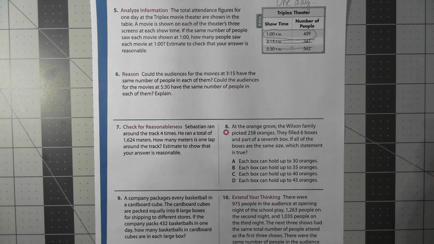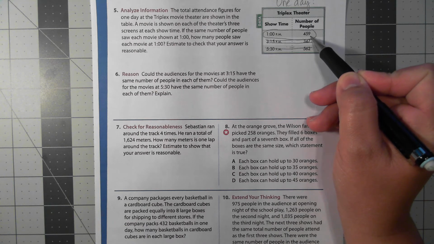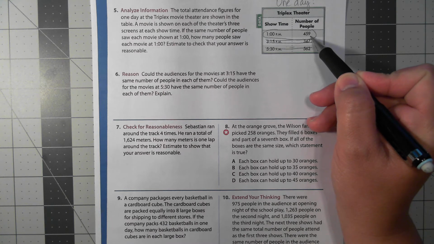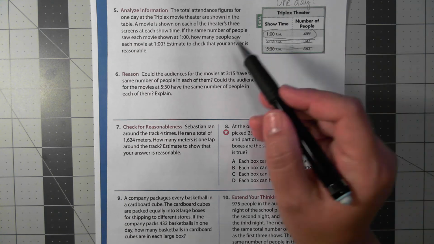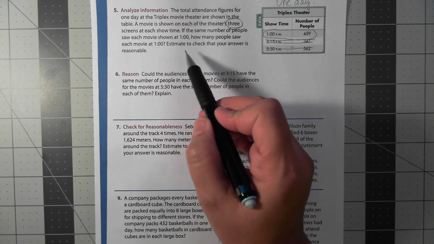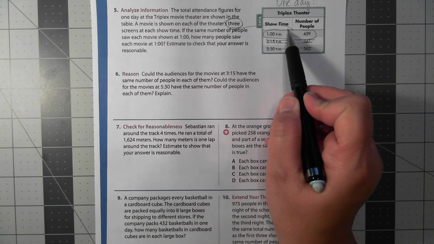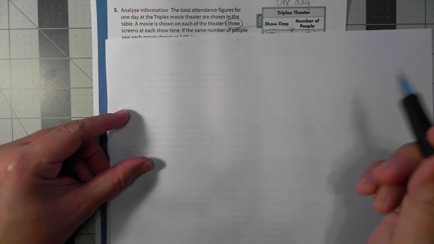How can I find that out? Well, I would have to take 459 and divide that by how many movies or screens are showing the movie. How many screens are showing the movie? 3. So notice 3, and here's my other number. So I'm going to take my scratch paper and divide